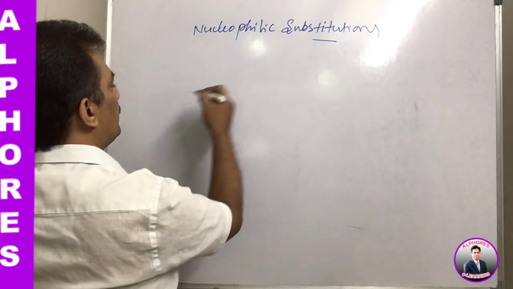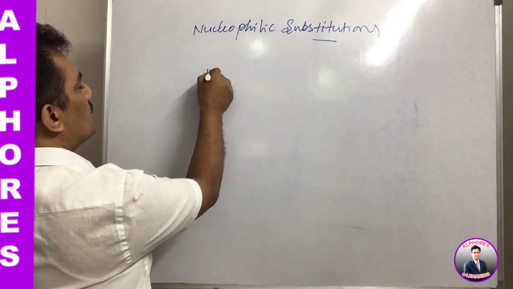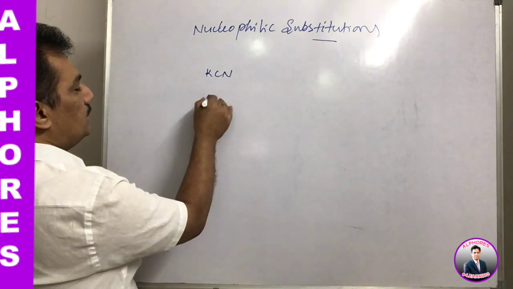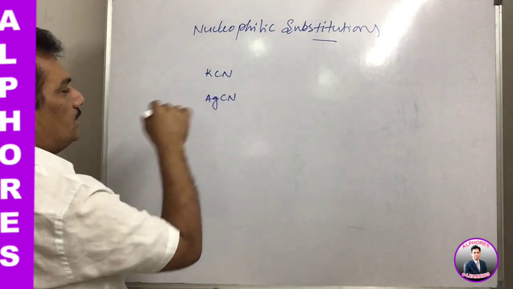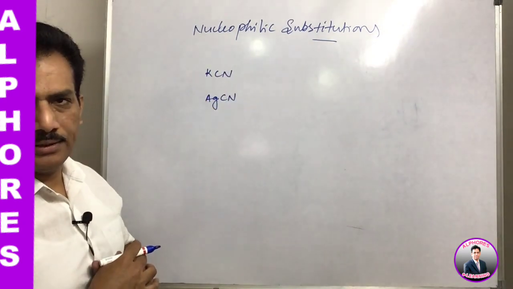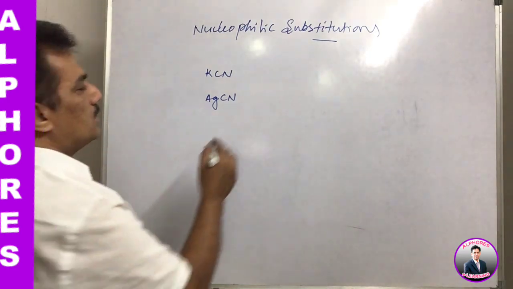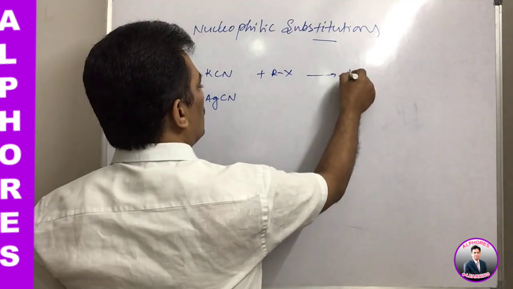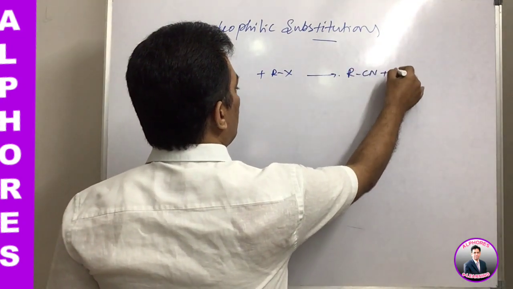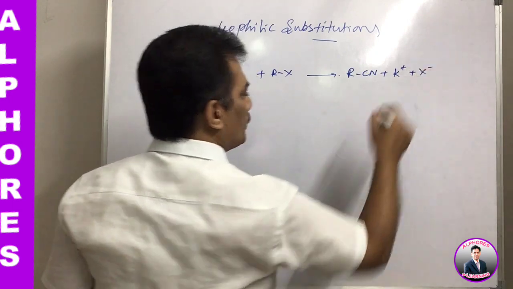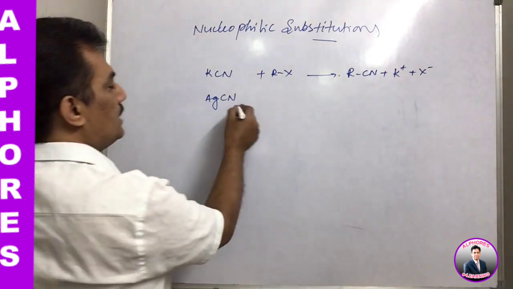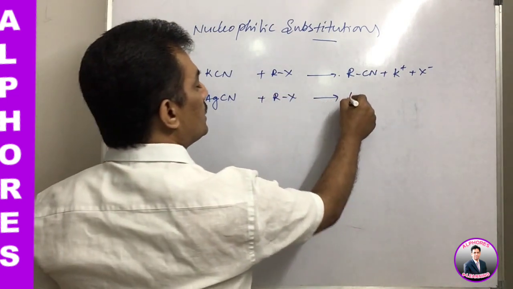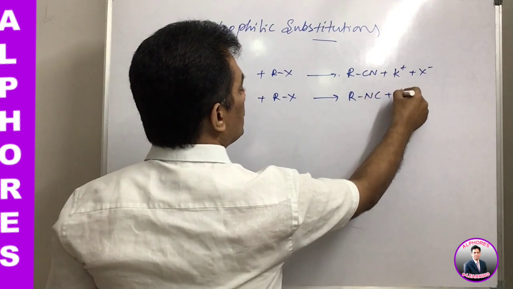Say for example, in the previous session KCN is one of the reagents for nucleophilic substitution. In addition to KCN, AgCN is also used as a nucleophilic substitution reagent, is it not? But when KCN reacts with RX, no doubt at all, RCN, that is cyanide, is the major product, just you remember. And when AgCN treats with RX, it majorly forms isocyanide as the major product,